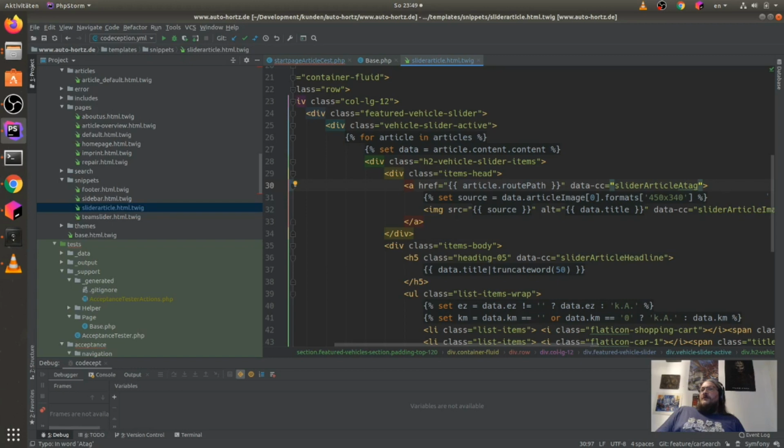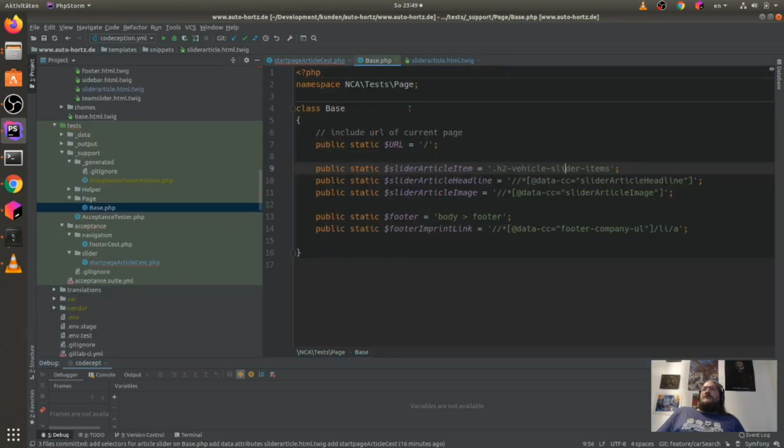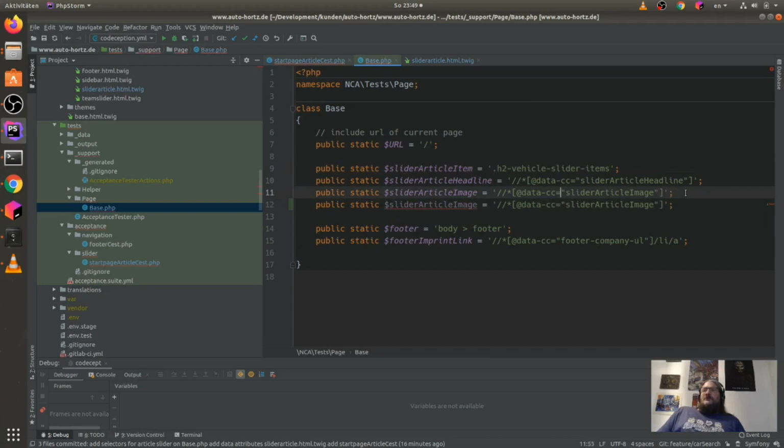And now we can grab the href as attribute from it, because now we have here this image, and maybe it's above the image, so we say here we have an A tag and here is an A tag.